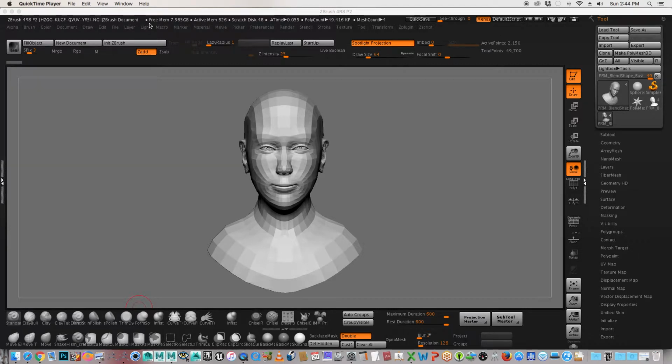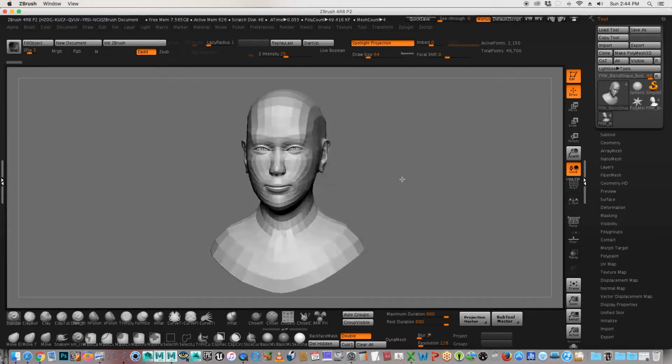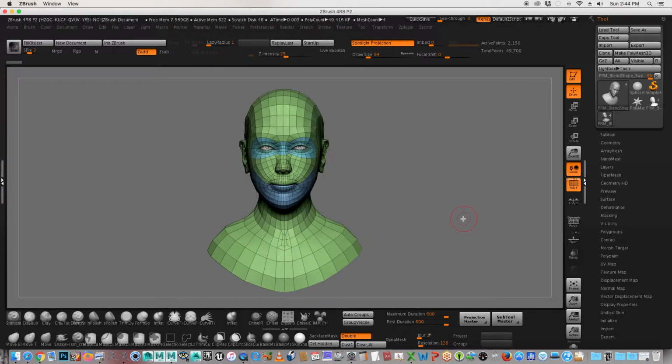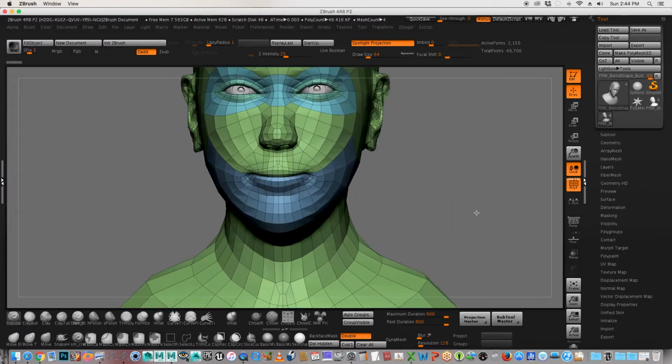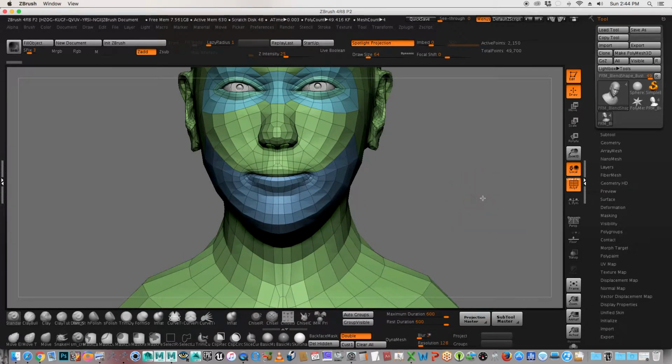All right, so to begin this blend shape assignment, let's take a look at our model here. We've got a bus that's been retopologized. I modeled this using Dynamesh, retopologized it. If we look at the polyframes right here at the edge flow, you can see what really goes into making